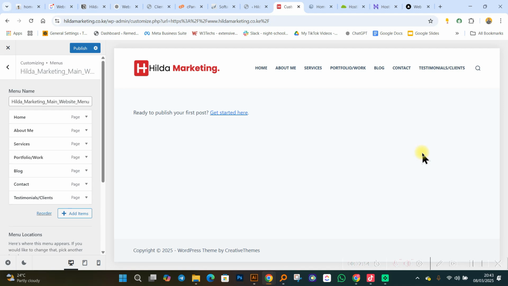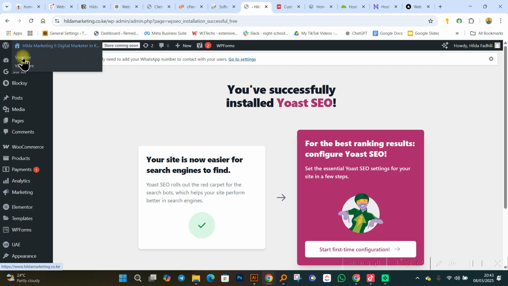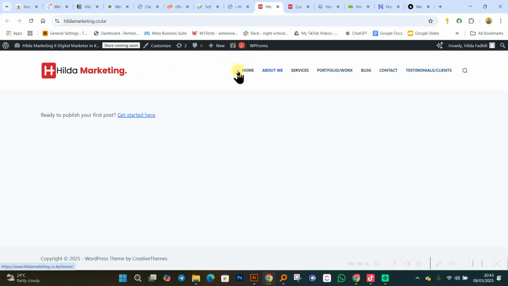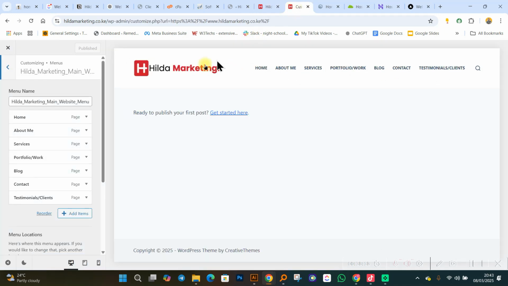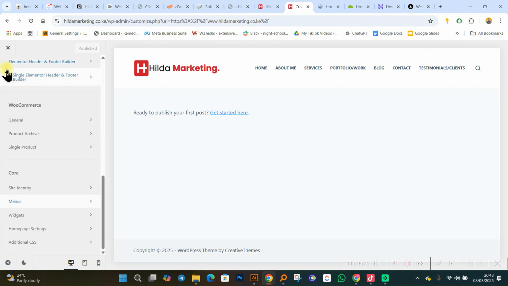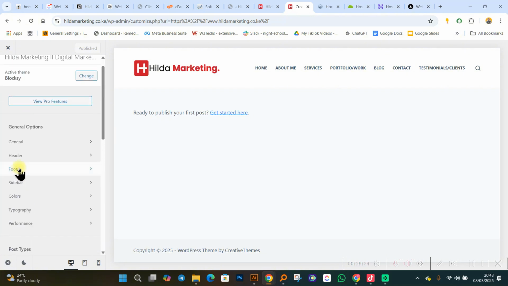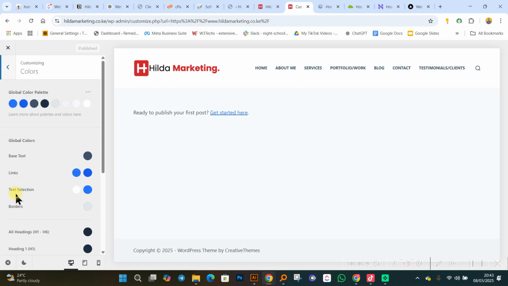Now, there is something else that you need to understand, ladies and gentlemen. When you're creating your website, it's important for you to understand things like color. When you're done with all this, you can click on publish. When you publish, you just make sure that your changes are visible. So if I visit my site, I am able to see the progress I'm making so far, which is this. When it comes to customizing the various features in your website, there is a very important thing that we refer to as colors. Now, colors are what?